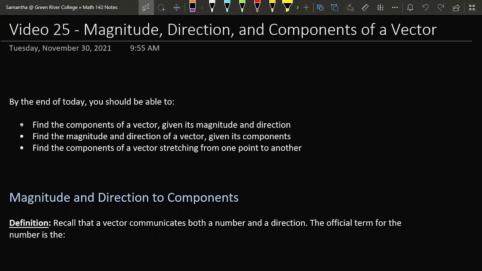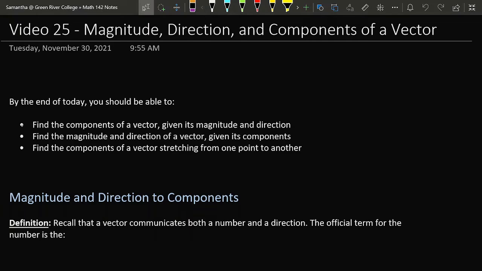Today we're going to write down some formulas that can be used to help us define components of a vector in various situations, similar to what we saw in the exercises yesterday. And we're also going to practice going backward, taking the components of a vector and calculating its magnitude and its